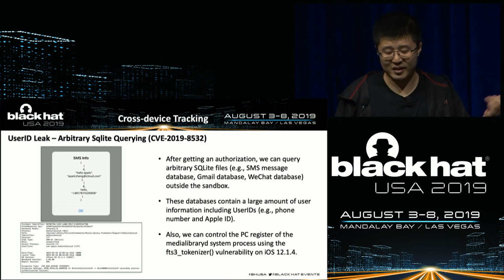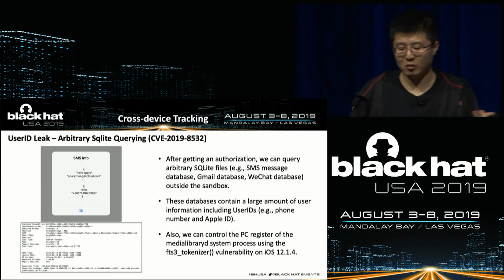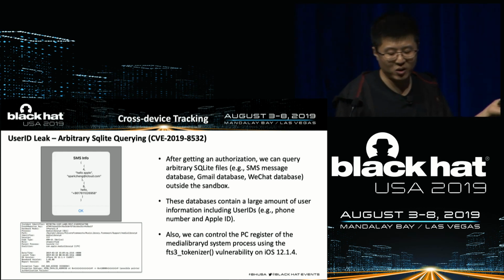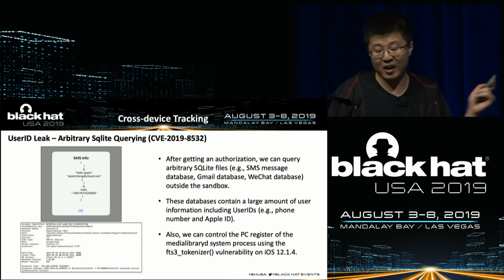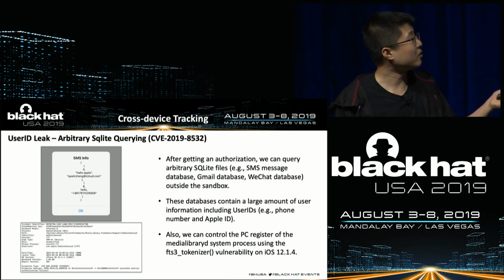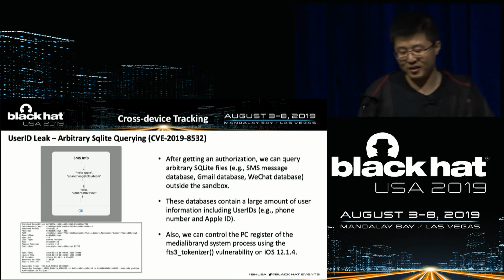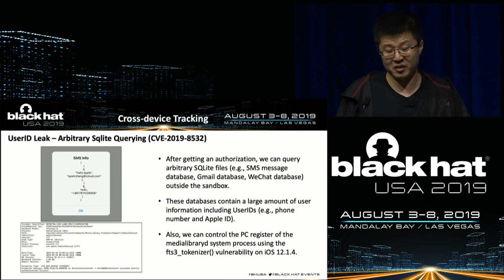In this database, it contains lots of personal information. For example, the email address of iCloud, the phone number of the sender, and also the message information.